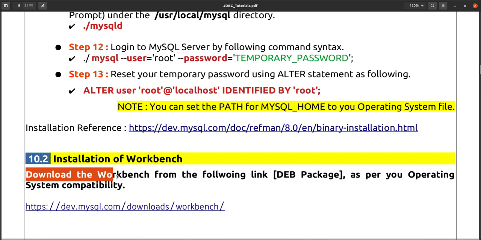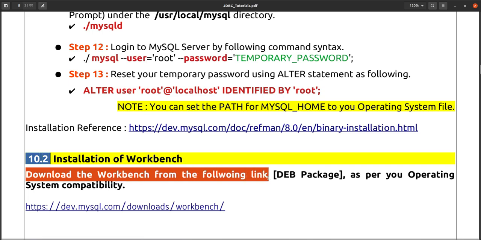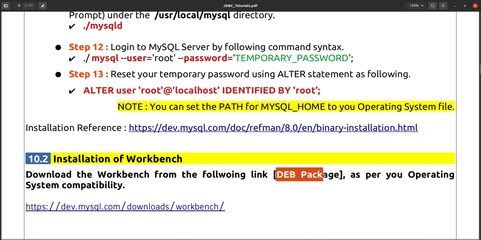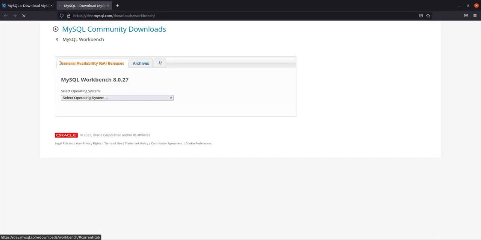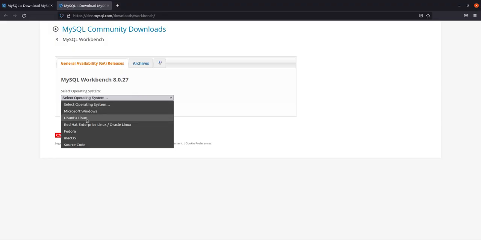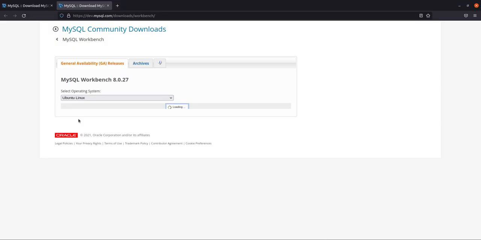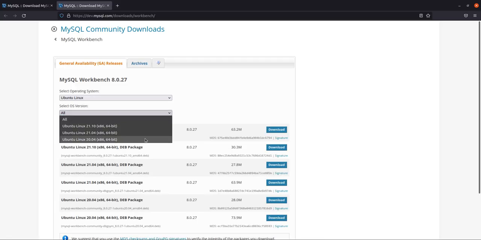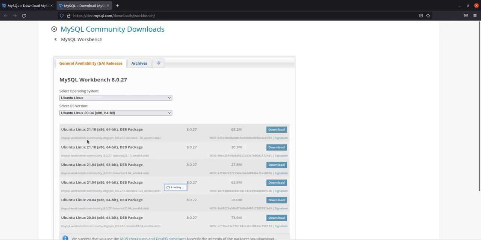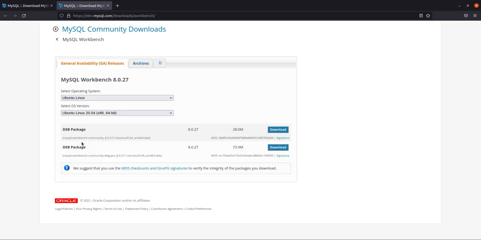Workbench installation is very simple, because it is a deb package. You can download this deb package from this link, and when you open the link you have to select your operating system. Our operating system is Linux, so we select Linux, and then select the operating system version accordingly.